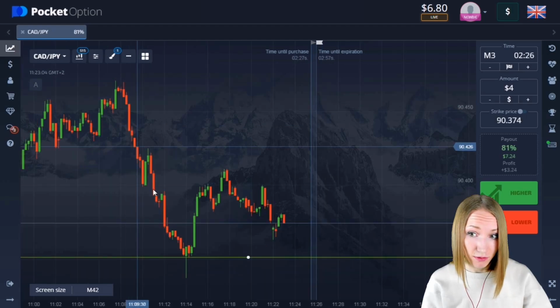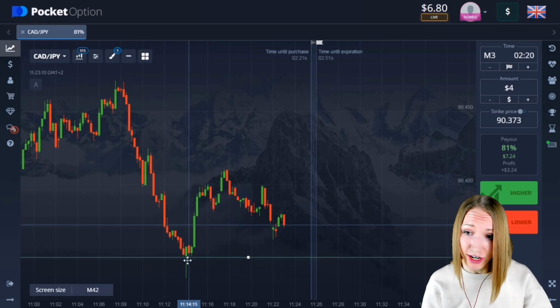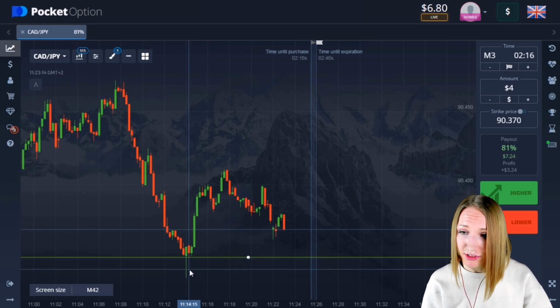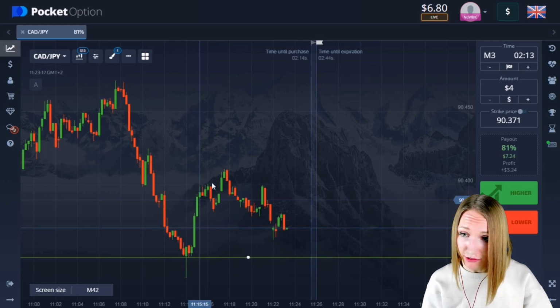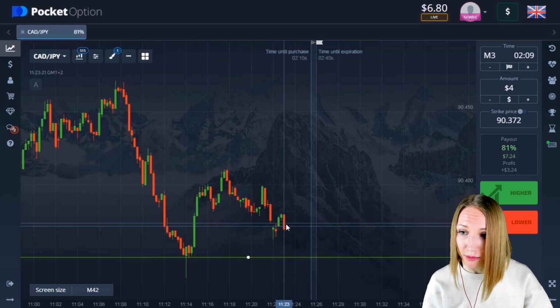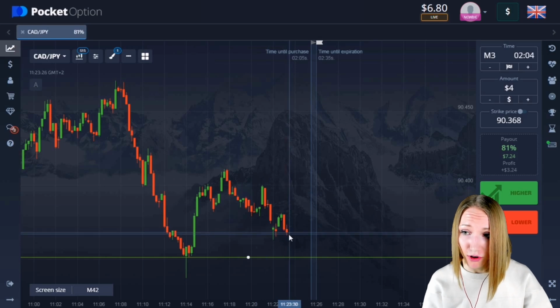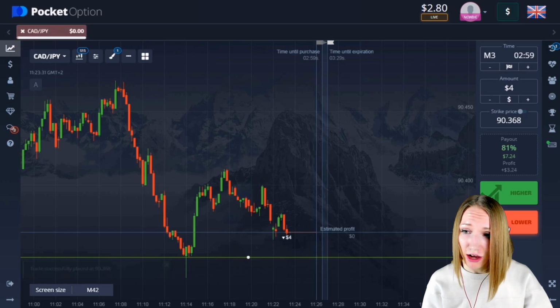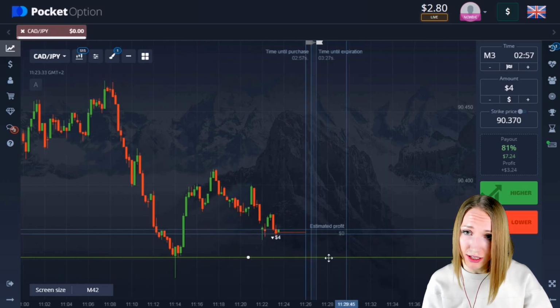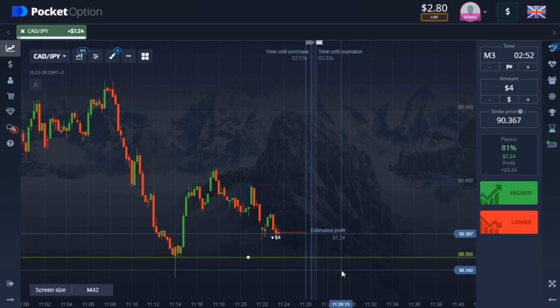So here we can see there was a very good downward movement. The price touched this level and even there was a false breakout. You can see the wick of the green candlestick go beyond the level. So after that there was a rollback up, and right now the price has been moving to our level again. So it's the downward movement and the price maximum is getting lower. So in this situation we need to open a trade for 3 minutes down. I think the price will keep on moving down, and this time will be okay because even if there is a small flat, we will get our profit.